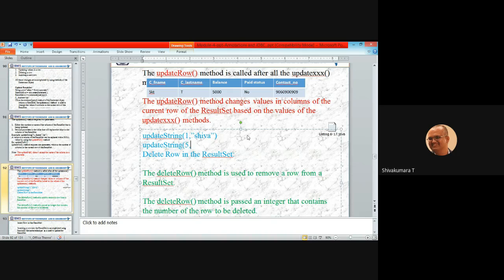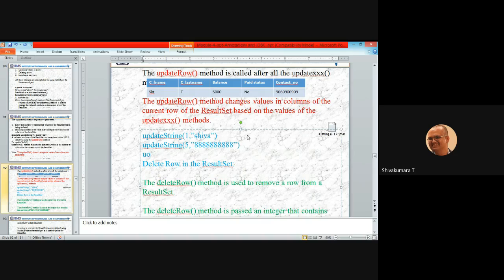The last contact number, the new value I am updating. I am updating one more value, the balance, using updateString or updateInt. The balance value is at position 3, so the new value I am going to update.